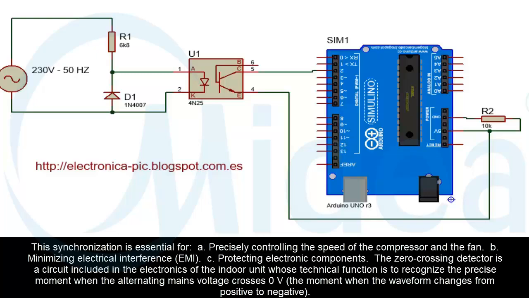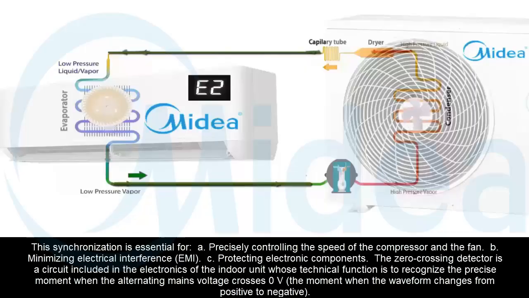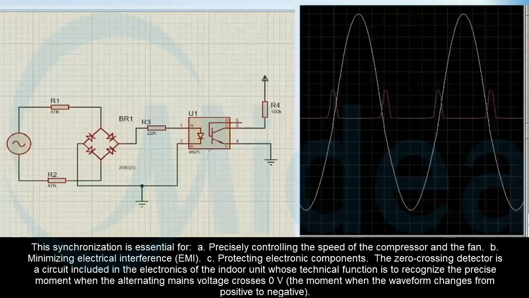This synchronization is essential for: A. Precisely controlling the speed of the compressor and the fan, B. Minimizing electrical interference, EMI, C. Protecting electronic components. The zero crossing detector is a circuit included in the electronics of the indoor unit whose technical